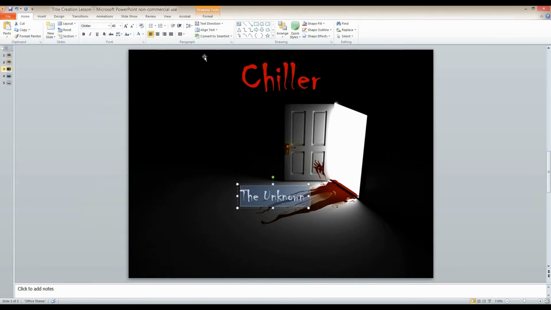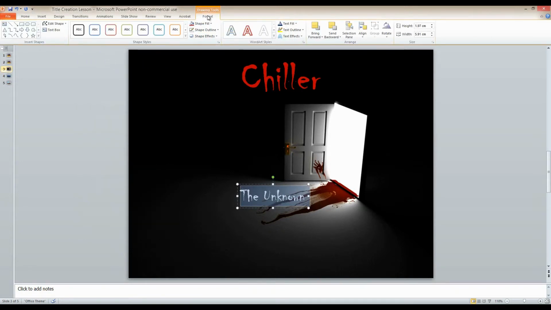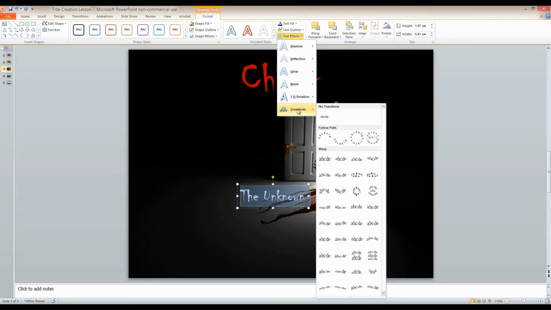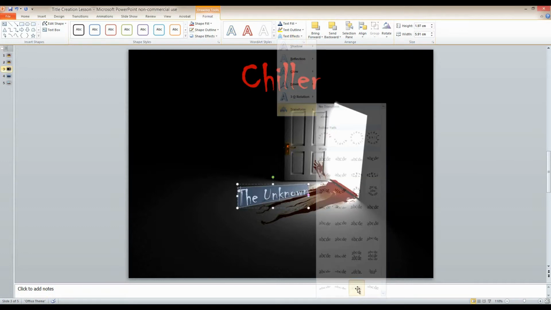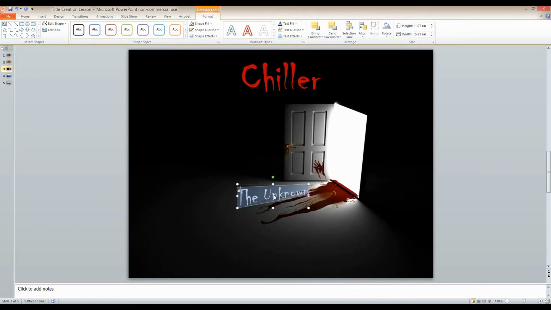And what I'm going to do is go to the Drawing Tools tab, so I have access to all of my different tools for my text box selected here, and I'm going to go to Text Effects, and down the bottom I have this Transform. This allows me to skew the font or the text differently, and I'm going to use one of the ones right down the bottom here to make it on a slant